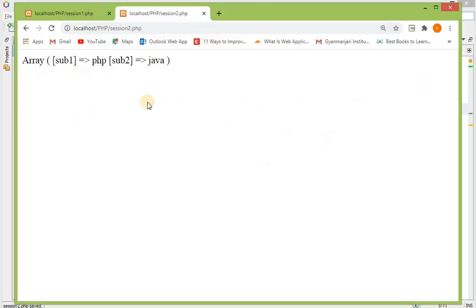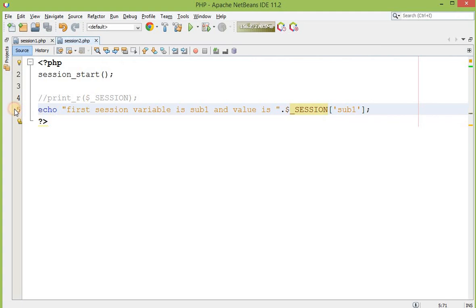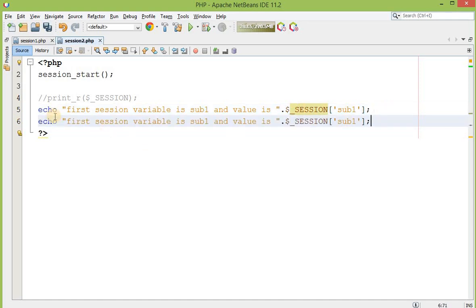Refresh this. First session variable is subject1 and the value is, you can see, we got our value, that is PHP. If I copy and paste this line, Control C, Control V, but I have to use a break over here.